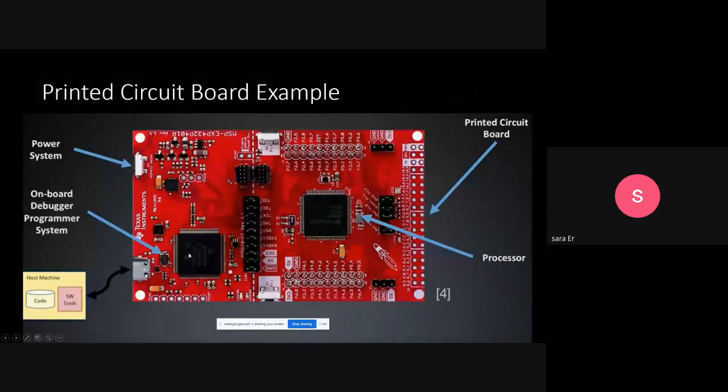Its dedicated task is debugging operations and performing communication through USB to the host machine, sending the machine binary codes to the main IC on this board. Okay, this is the main IC and this is the secondary IC. All of them are microcontrollers installed on a red printed circuit board.